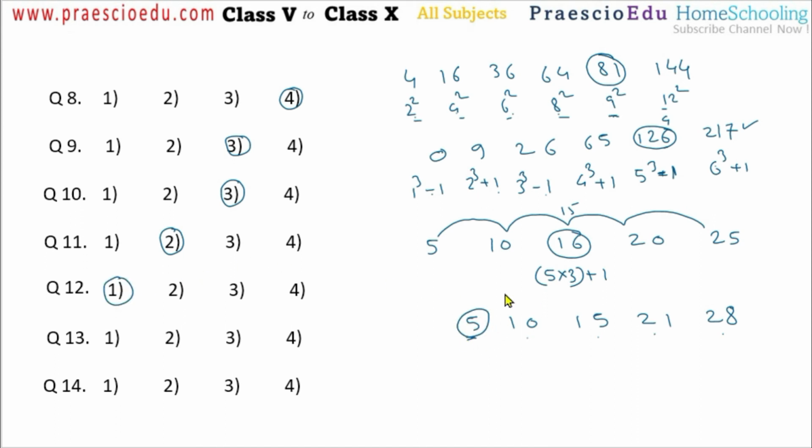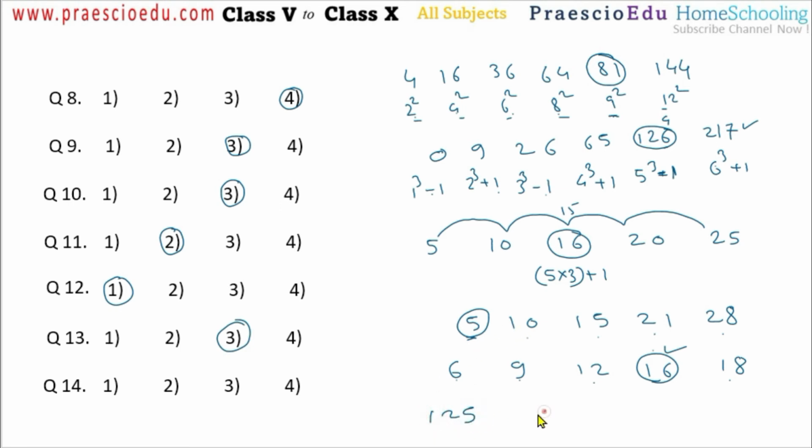Now question number 13. There are Roman numerals. If you write all the Roman numerals in international numbers, that is 6, then 9, then 12, then 16, and then 18. So these are multiples of 3, means 3 2s are 6, then 3 3s are 9, then 3 4s are 12. So here it should be 15, means 3 5s are 15, and then 3 6s are 18. So 16 is different, and this is given in option number 3. Now question number 14.